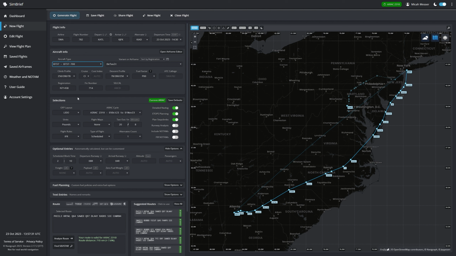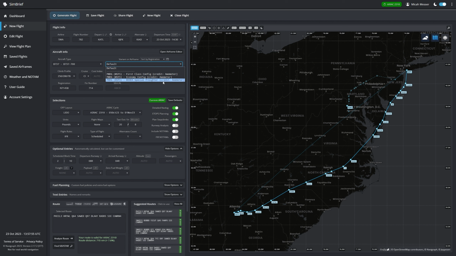Here's the thing. Even though it does this, you're not done planning. You've got to verify all this information. But this is one of the reasons SimBrief is so popular, because it basically dispatches you right out of the box. Now there's a variant or airframe option, which you can select, that gives some configurations that have been created